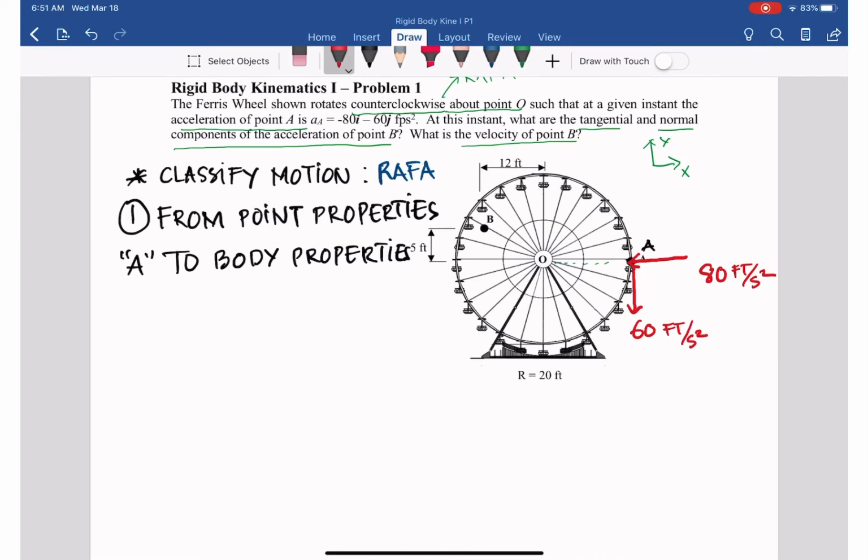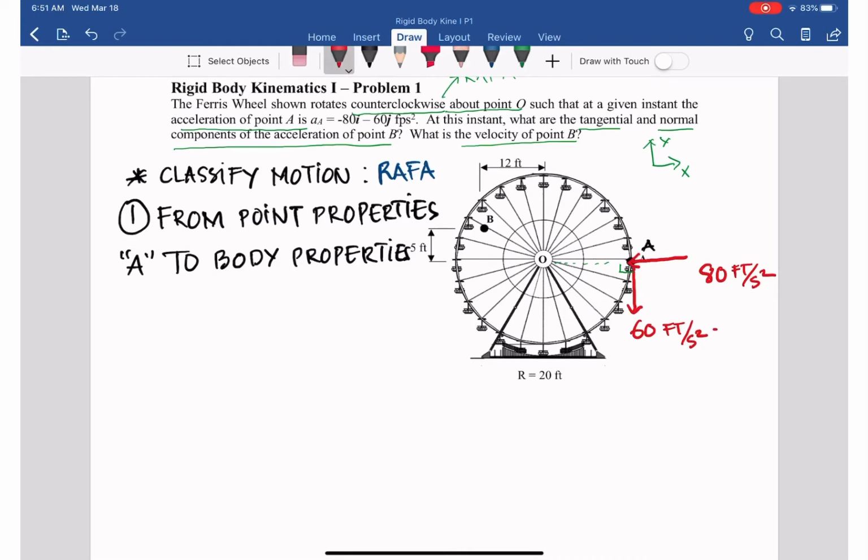You remember the acceleration of one point on the rigid body has two components, tangential and normal. The tangential component is perpendicular to the radius and tangent to the path. So with that, you can see the 60 feet per second square here is actually the tangential component of